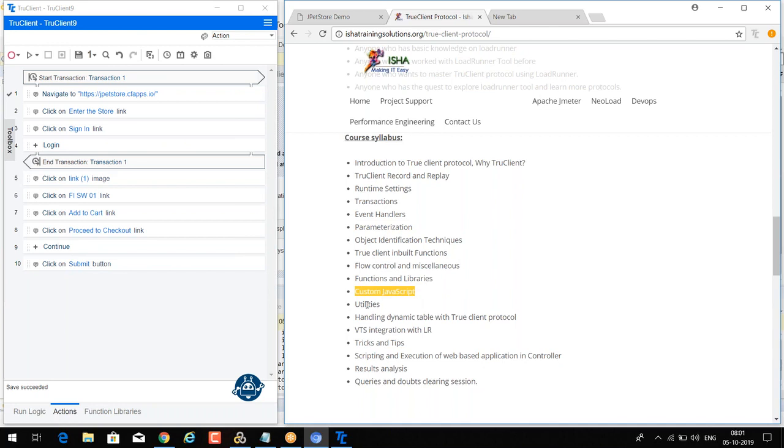Then we have utilities like how we can clear the history and how we can clear the cache.